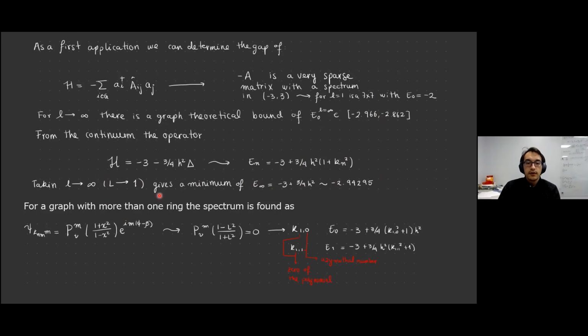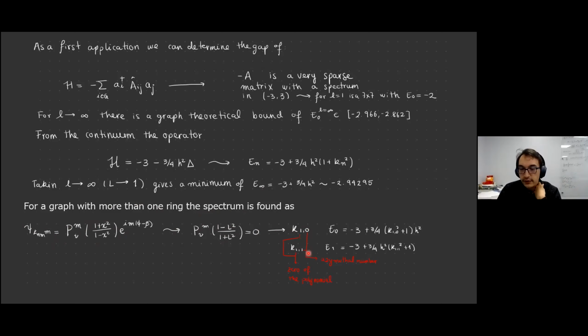Now, in the case that we have a graph with a finite number of rings bigger than or equal to 1, the way that we're going to find the spectrum is by essentially requiring that the wave function has a 0 at the boundary. So we're doing a hyperbolic box, if you want. Here again, we require that the wave function is regular at the origin and require this boundary condition. Then the eigenenergies are going to be given by the location of the zeros of these Legendre polynomials.